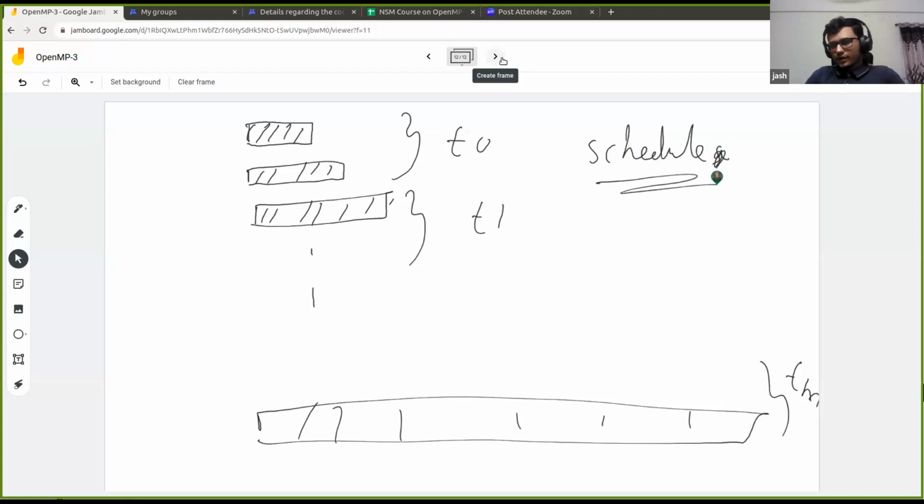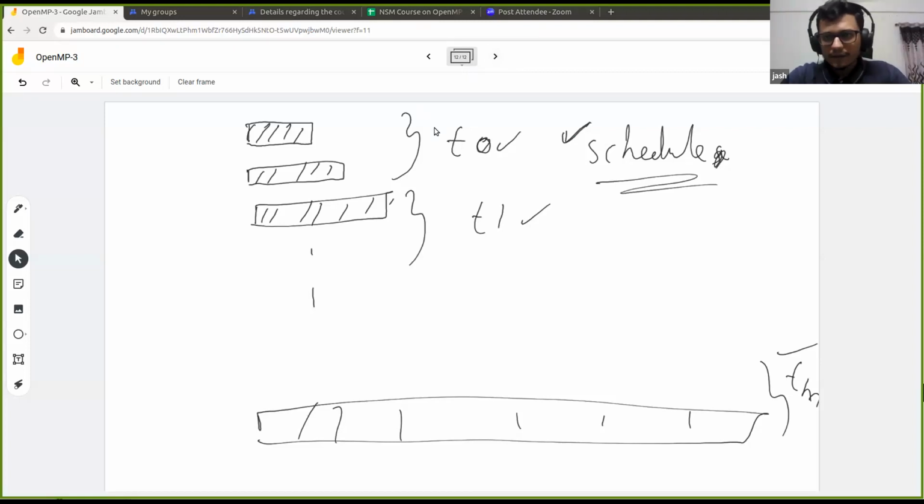What the schedule clause allows us to do is some scheduling of the distribution of the iterations or the work among the threads. If we don't mention anything, then OpenMP will do its default scheduling, which is assigning like this. But using the schedule clause, you have some degree of freedom to allocate the iterations among the threads. So let us look into this now.